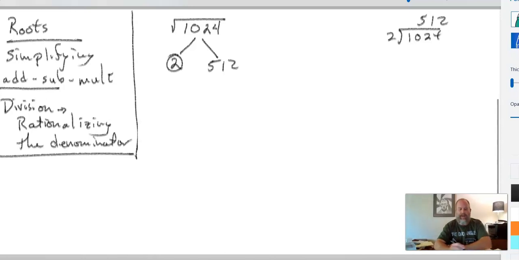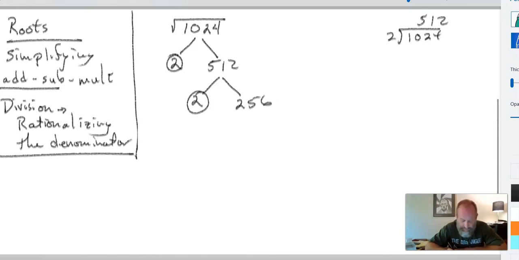And now I have to, well, let's see, is 512 prime? Let's see, it's even, so it can't be prime. Oh, and it's even, so that means 2 goes into it again. Okay, so 2 goes into that, and then I'm going to have to do the division here. Let's assume I did it, and it came out to 256. Okay, so now 256, well,